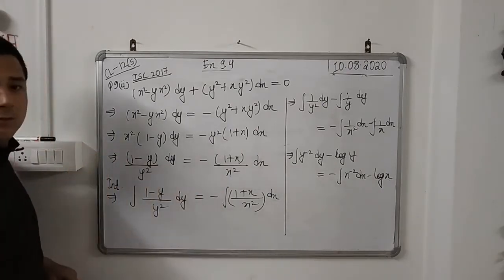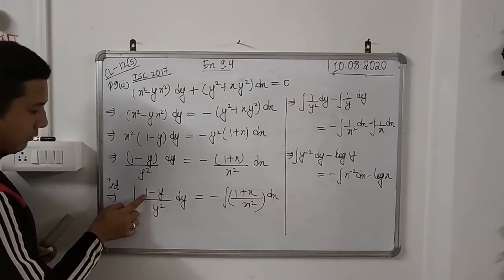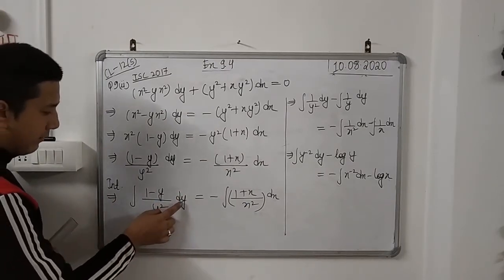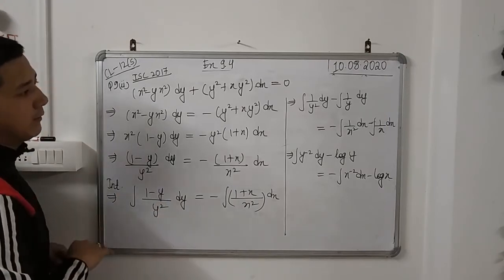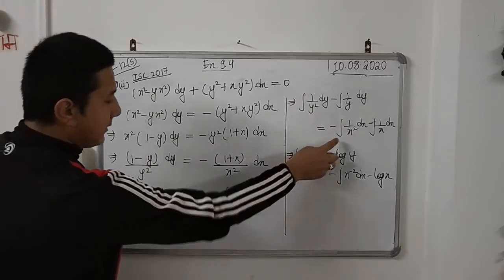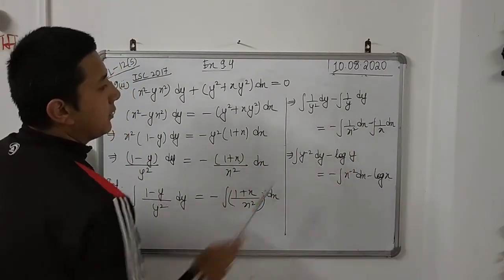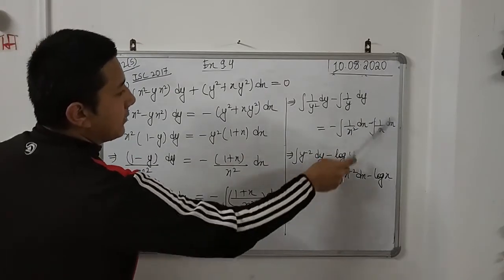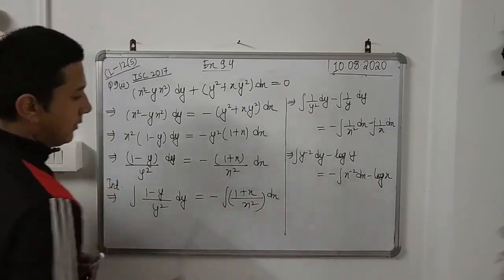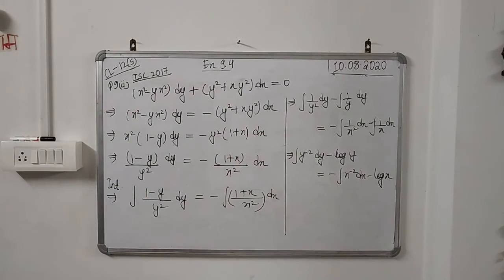So integration, and now to solve this, we know how to solve. Separate 1 by y square dy minus y by y square dy, which is this. Similarly, 1 by x squared dx minus x by x squared dx, which is this. And we know this is log y, this is log x, and here it is. So therefore, I hope I can clear this. Please pause the video and note it down. Right, and after this step,